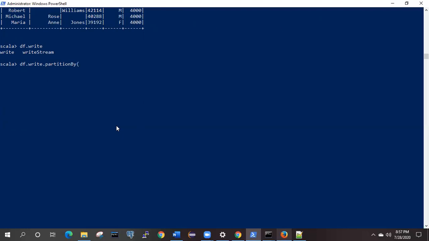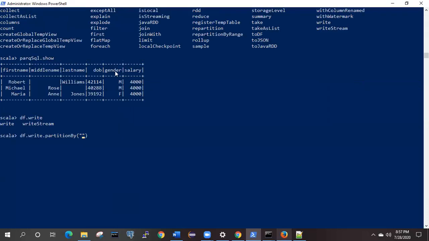Now we can specify the conditions on which the partition can be done. First we will specify a condition like gender. We have gender over here, so we can make the partition based on gender, or if you wish, you can provide more partitions also. How can we provide a second partition? By salary, not a single one. We will give the two partitions over there.